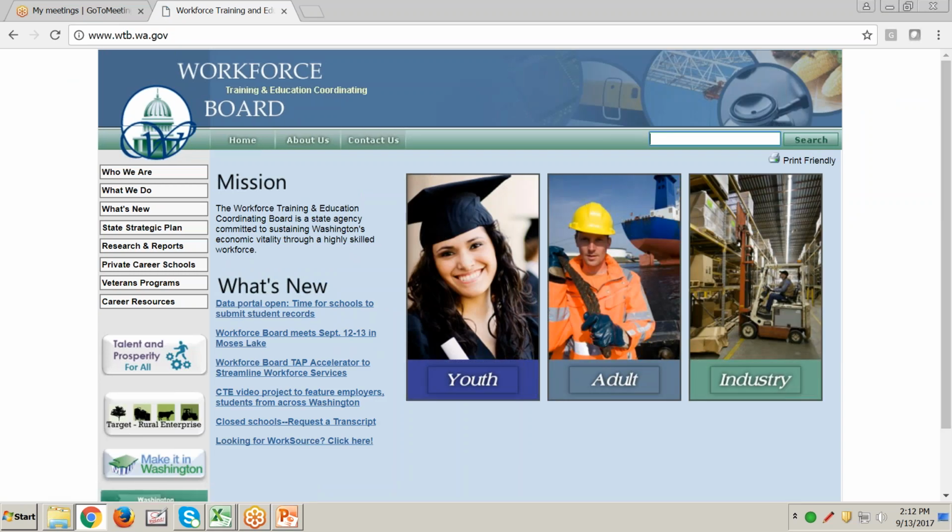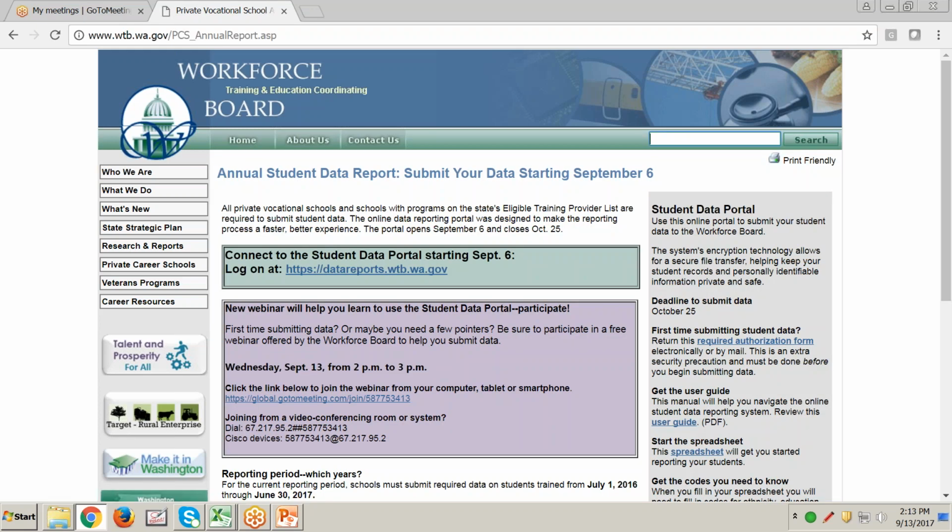Okay, so this is our agency website, and on the home page, under What's New, the first item is Data Portal Open, time for schools to submit student records. That link will remain there the whole time the portal is open, so you should just be able to go to the home page and click on it. When we click on it, it will take us to all the information you ever needed to know about